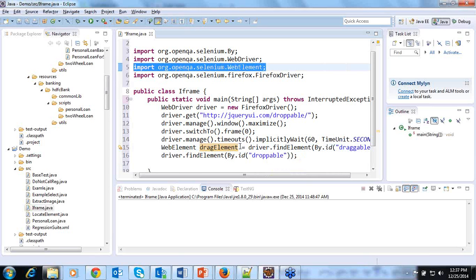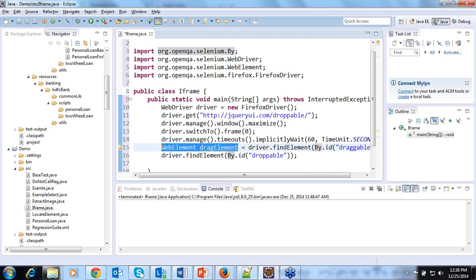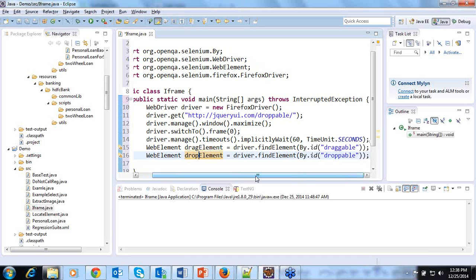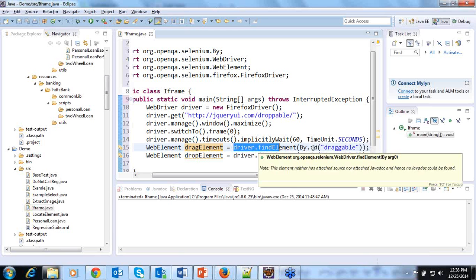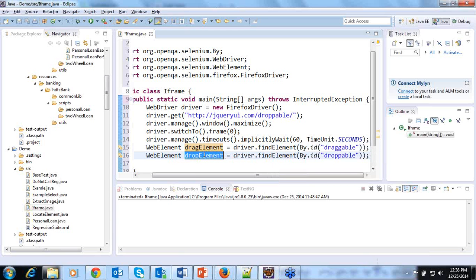In the same way, I will use one more variable for the second statement, and I'll rename it as drop element. So I have created two variables, and to them I have assigned driver dot find element by draggable, and for the other variable driver dot find element by ID, droppable.